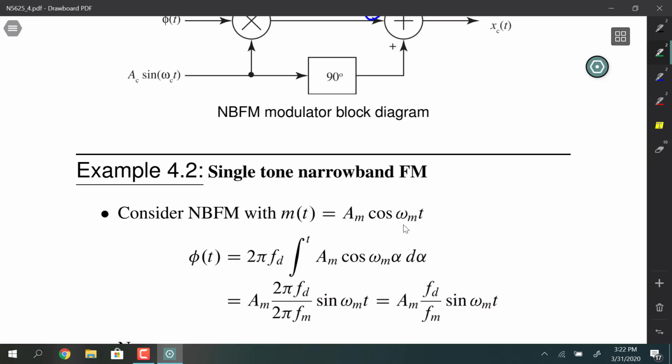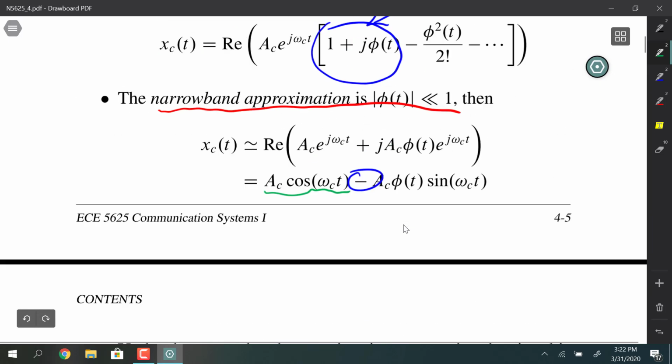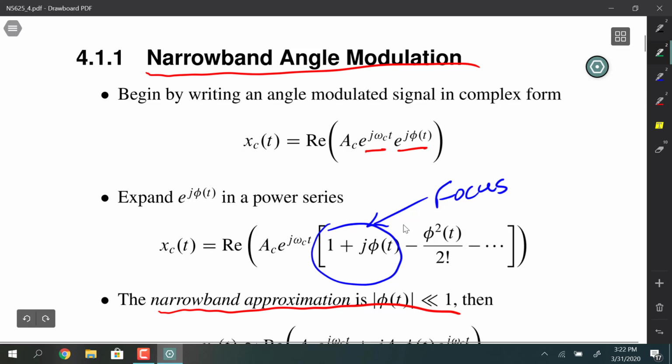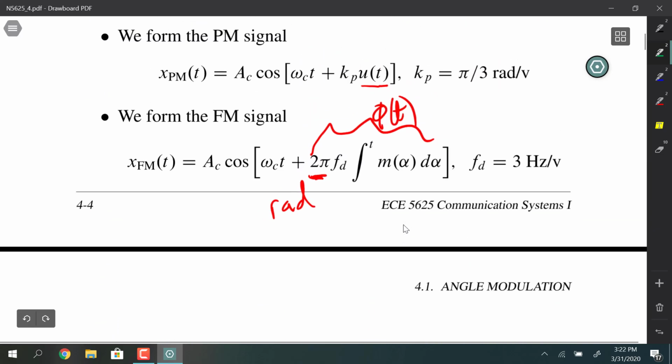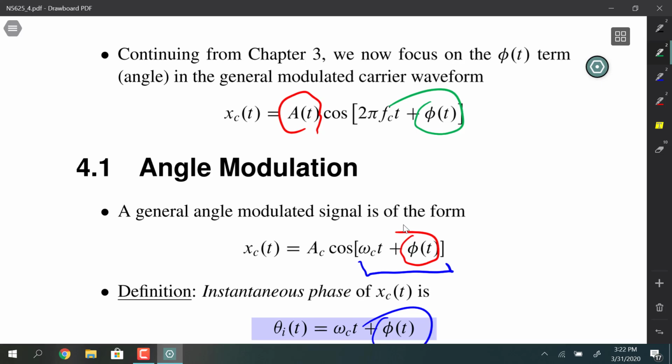So what's interesting about this is it looks like amplitude modulation, but it's not really amplitude modulation. It is truly angle modulation. And under this model in here, if we go all the way back up to this form, or actually go all the way back up to where I started from, right in here,